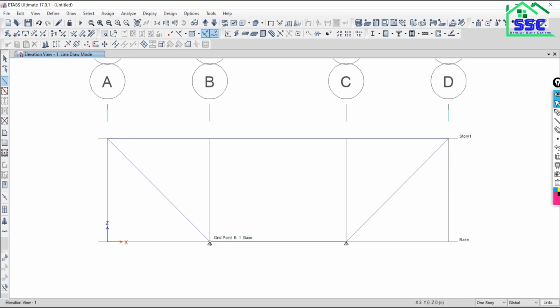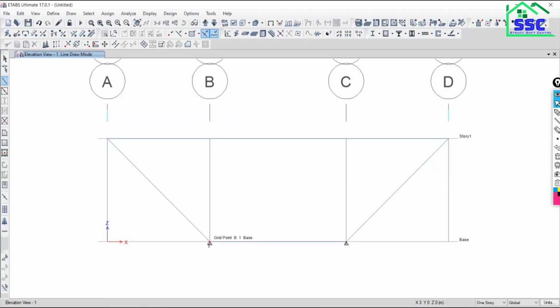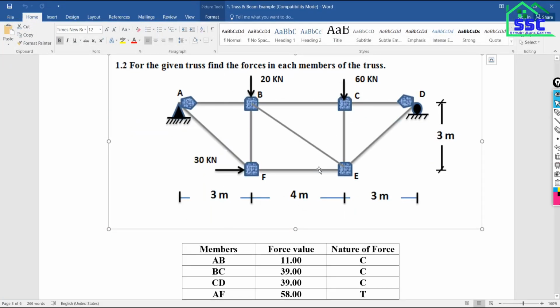Now what we have to do is model this frame or this frame. Click at this point, this is done. From this point to this point, this is okay. Now there is one frame from this point to this point. So all individual elements have been modeled individually. See, so this is all about the modeling of the members of the truss.